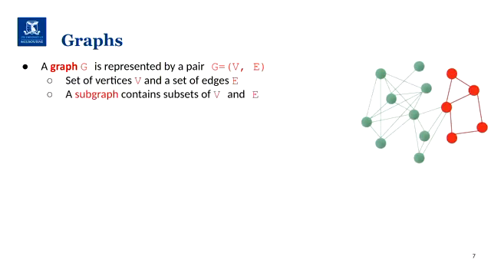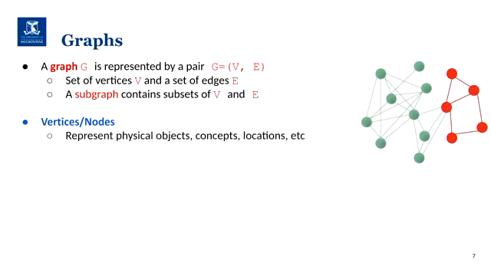And in that case, we can then introduce a new concept, which is a subgraph. A subgraph would involve a subset of vertices from that original graph. So if you look on your right, you have the original graph, this big graph here. And if you consider only those 5 nodes here and all the edges that are within those 5 nodes, we can have a subgraph. So red would be a subgraph of the larger graph.